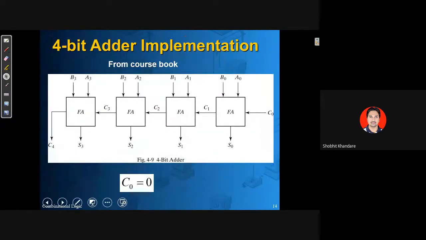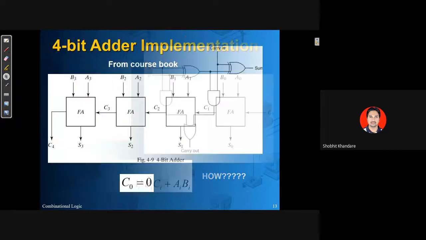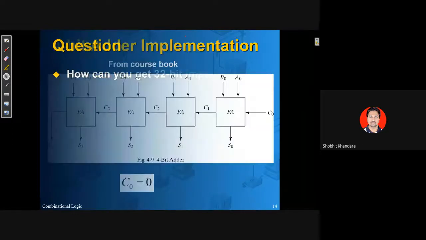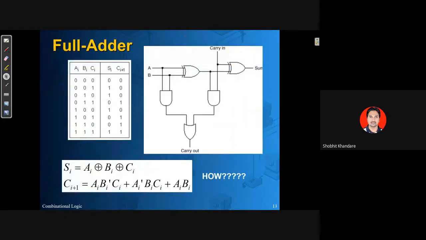Okay. So I think we will stop for today. So today we have just taken the half adder, full adder, and the truth table. From the truth table, we have derived the equation by using the K map. And once we got the equation by using the K map, then we have implemented it in the logic diagram, that is, the circuit diagram.